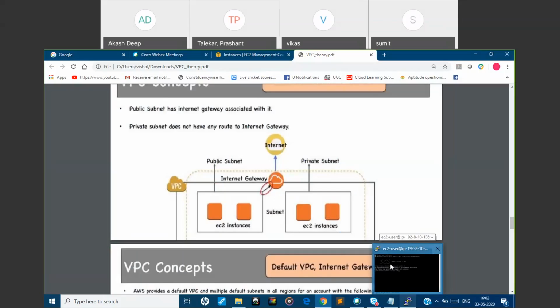With this system I am able to log into the AWS world, the AWS virtual private network, from this Putty. So in that case, some gateway should be there to establish a connection. That's why you are not able to log in to it.